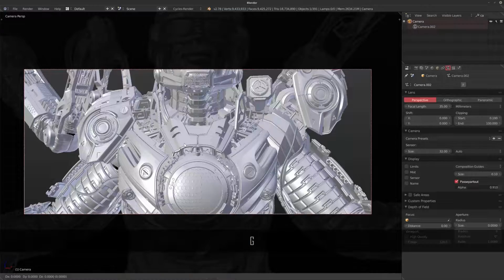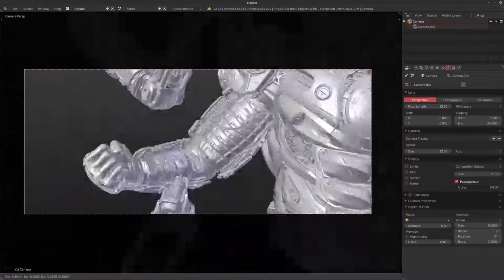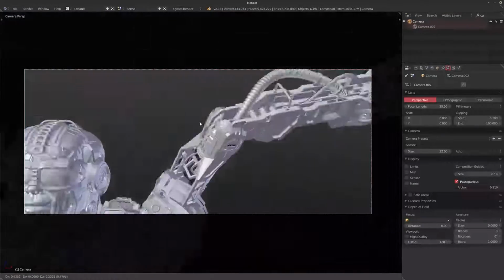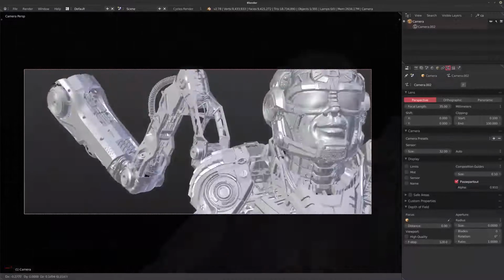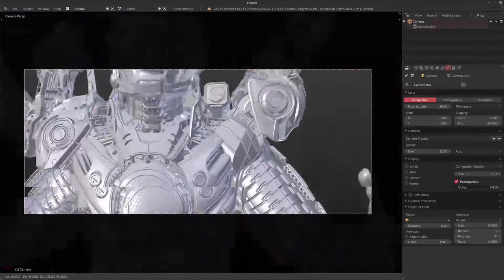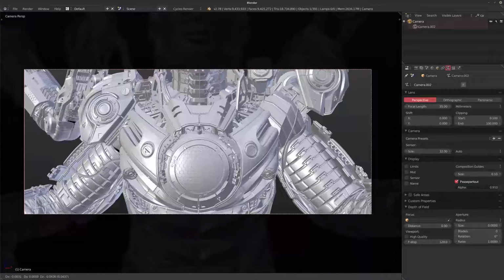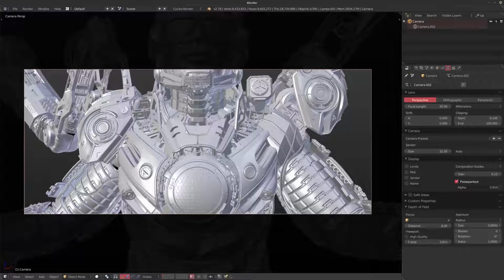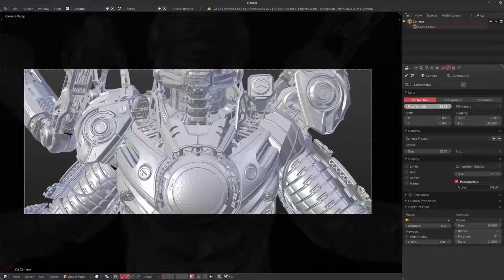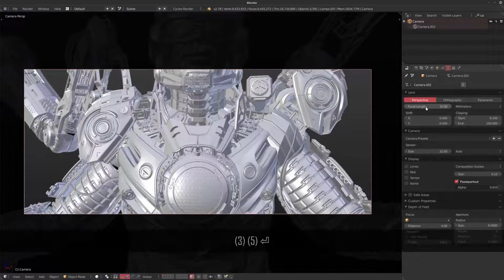So if I hit the G key, I can just move the camera around in its sort of local space, which is really handy. And you can sort of look around with what you're doing with the camera in mind. Now, this is good for a couple of things, but what if you want to zoom in and out quite quickly? Well, actually not zoom, I guess a dolly would be the correct term, because if we're zooming, we're actually going to change the focal length, which I'll talk about in just a second.